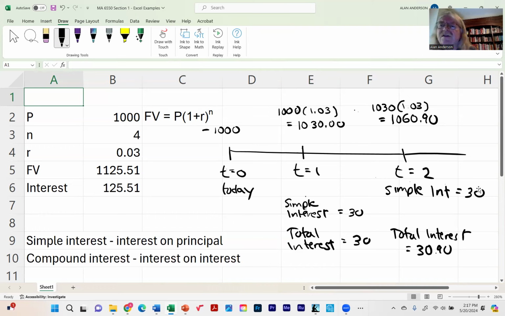So where do the other 90 cents come from? That's what we mean by compound interest. That's our 90 cents. The reason we're getting that is because this 3% is being applied to the original principal of 1,000 plus the $30 worth of interest from the year before. So that's where that extra 90 cents is coming from, 3% of $30. That's what we mean by compound interest, interest on interest. And then if you go ahead to year three,